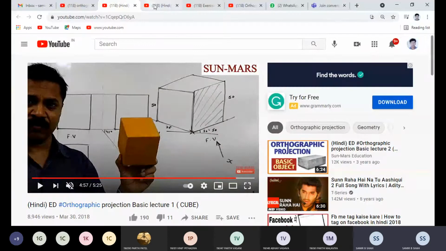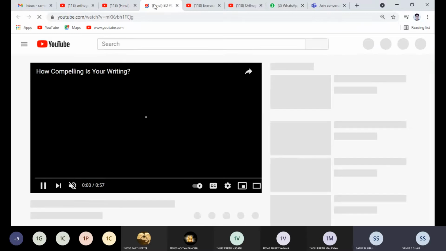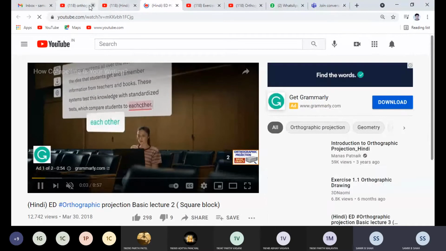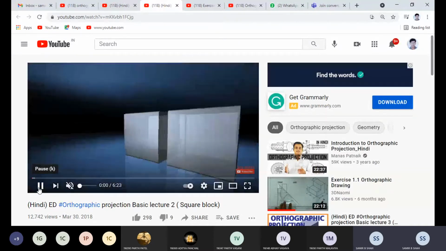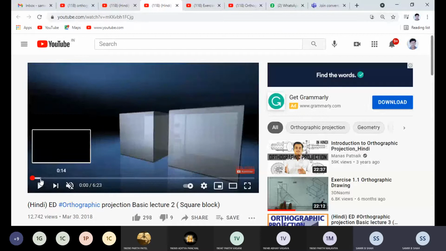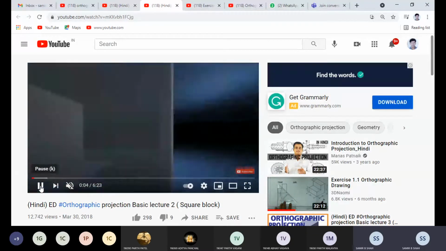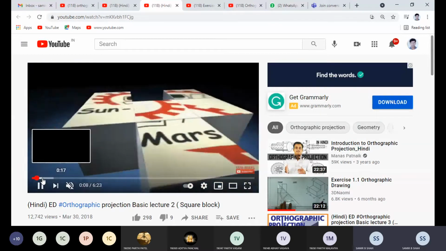Sir, why did we take 45 degree here? Every time you remember that if we are taking 45 degree, then it will be in a proportional way. The dimensions we get will be proportional only if we are taking 45. Otherwise, if we are taking 30 degree or any other degree, then we will not get the exact dimension. We will not get the dimension of the side view. That's why it's important to take the 45 degree.